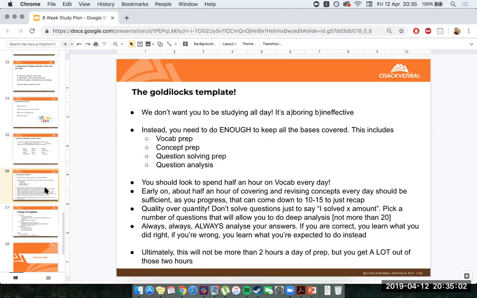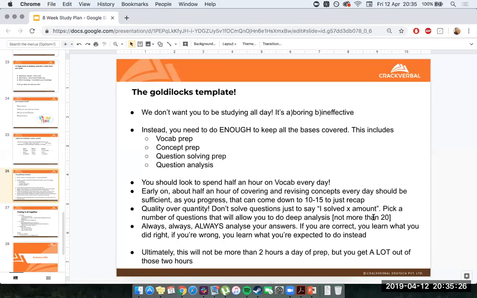What that means is that if you're going to do 50 questions in a day, you've got to be able to analyze all 50. And you can't analyze all 50, right? Why not? Because by the time you analyze question 1, you won't even remember doing question 1. You did 50 questions in the meantime. So the amount that I would say is not more than 20. Never more than 20, right? It could even be 15 questions in a day. And I think that's also fine.